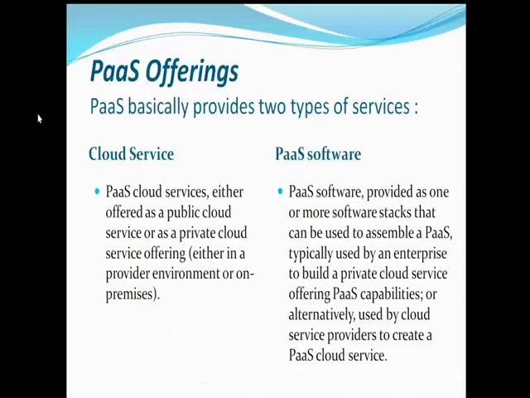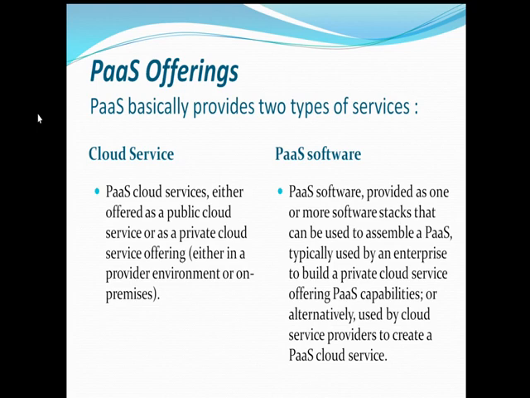So basically, a PaaS is a set of tools to help you build and deploy software applications that run in the cloud. Now, PaaS offerings. PaaS basically provides two types of services: cloud service and PaaS software. Cloud service is either offered as a public cloud service or as a private cloud service offering, either in a provider environment or on premises. Whereas PaaS software is provided as one or more software stacks that can be used to assemble a PaaS,